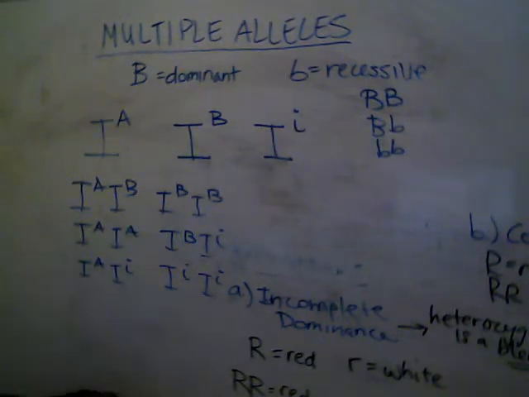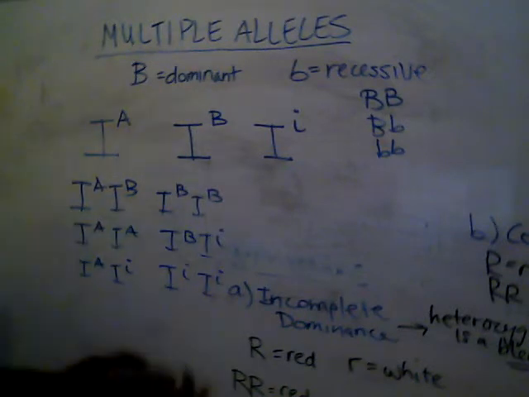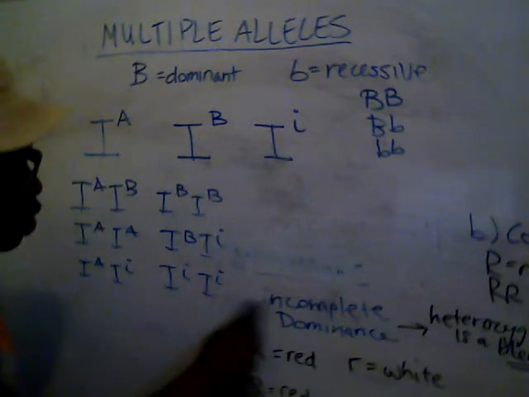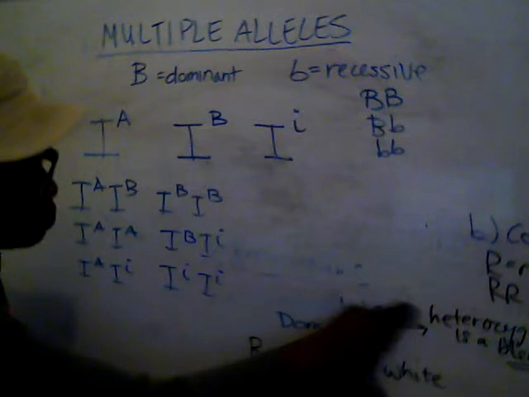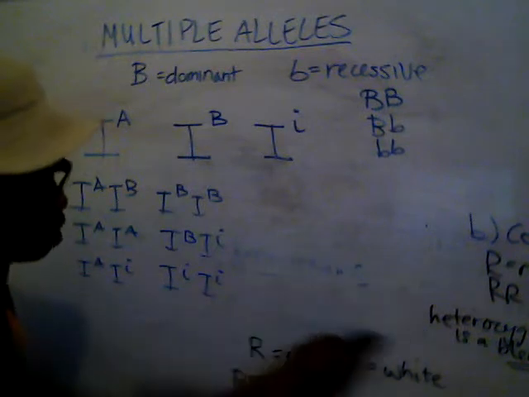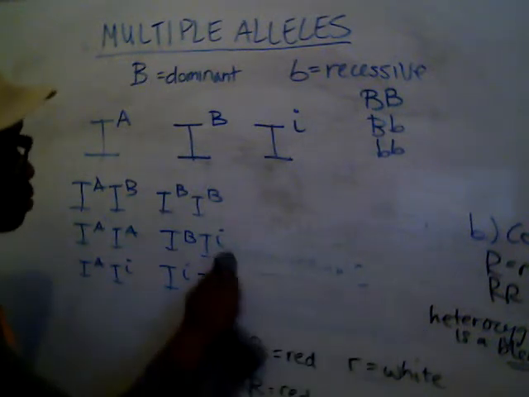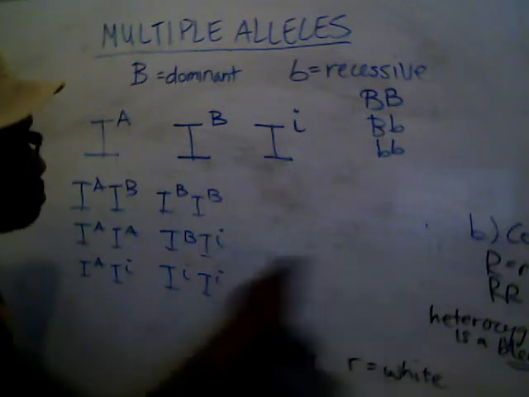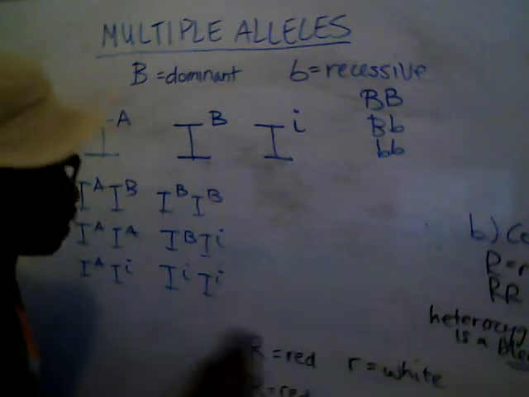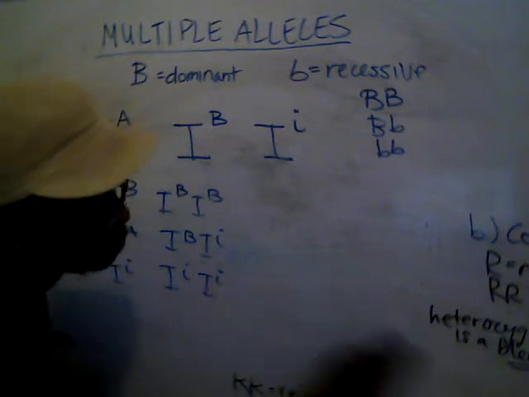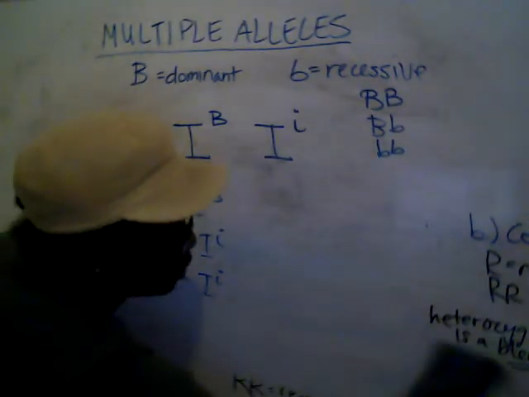Now, multiple alleles are just giving more variety. It's almost like a salad bar. You know, the difference between a salad bar with maybe only 2 options versus a salad bar with like 10 options. There are lots of different types of salads you can make with the more salad options that you have. So if we talk about a polygenic trait,